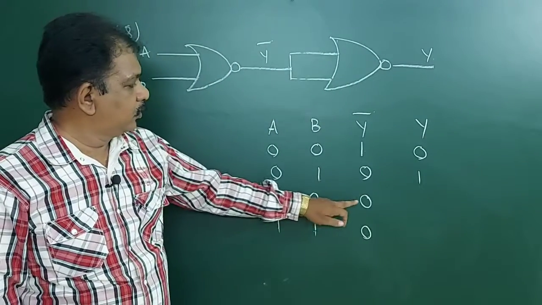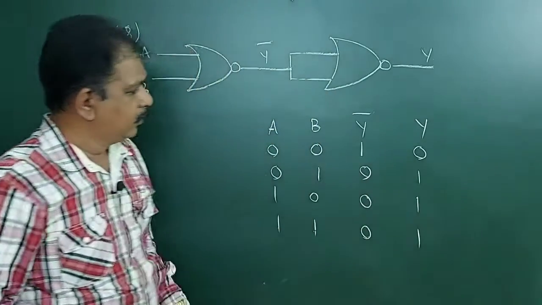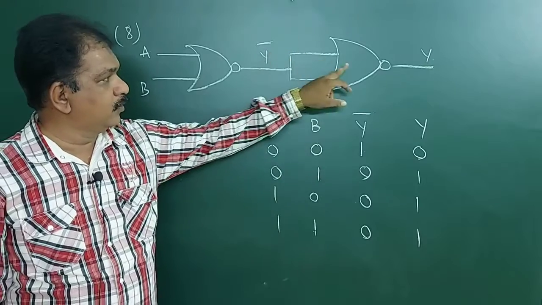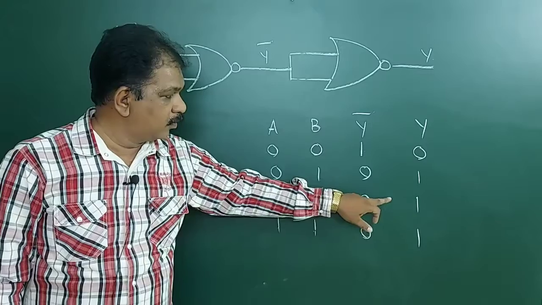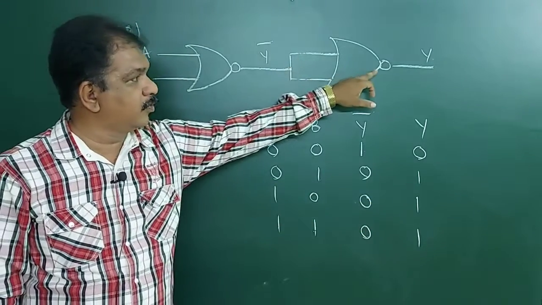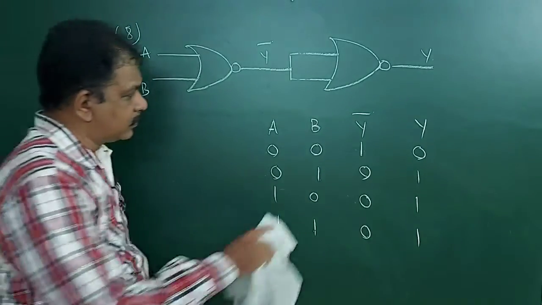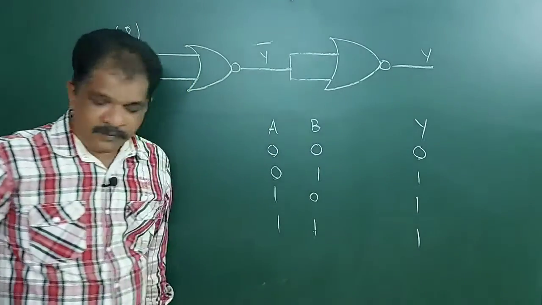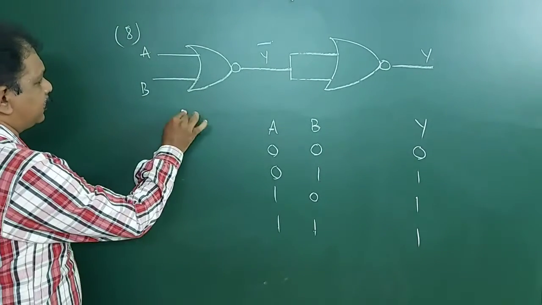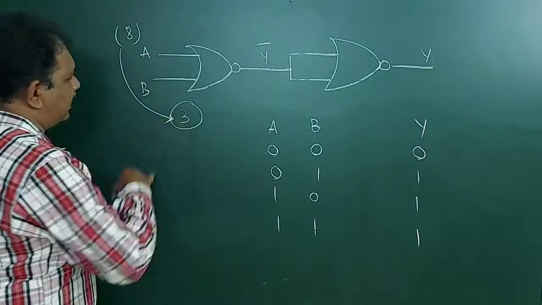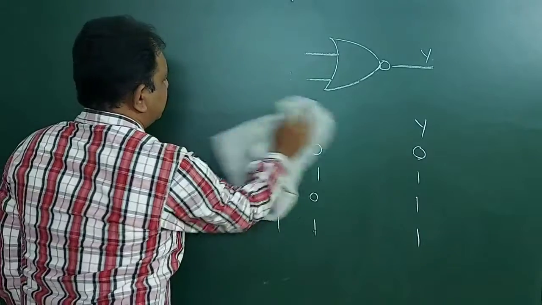Next, same zeros, so 1 1 1. 2 zeros, so here this is also 2 zeros. Output, if it is an OR gate, will be 0, NOR gate output will be 1. So they are not mentioning these Y dash values. So A, B, Y, which will be correct? So the third option will be the answer for it. Clear? See the 9th question.